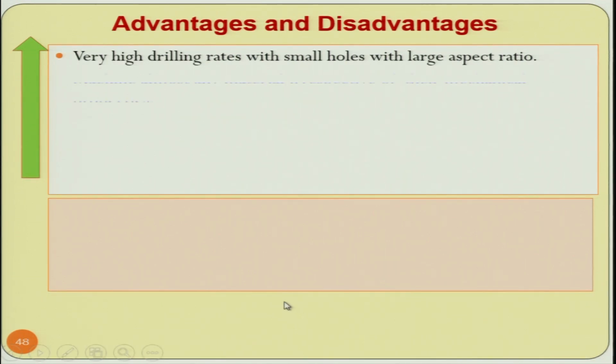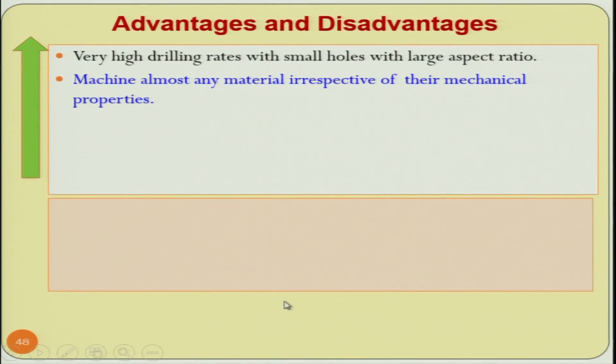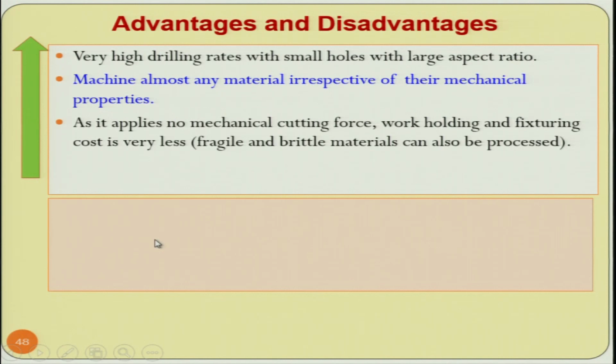We have already seen high aspect ratio can be obtained, that is the depth over diameter of the hole drilled or depth and width of the cavity that has been machined, and machining rate or drilling rates are very high. We have already seen machined almost any material irrespective of their mechanical properties. We have already seen very hard material can be melted and vaporized easily, because temperature range in the machining zone